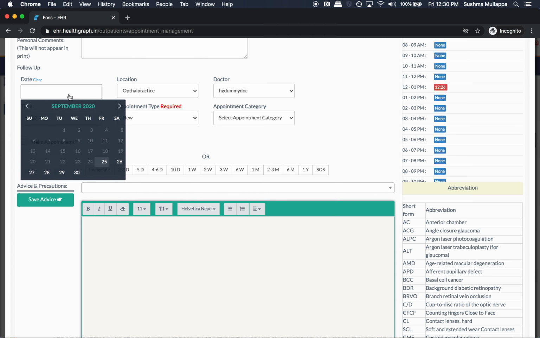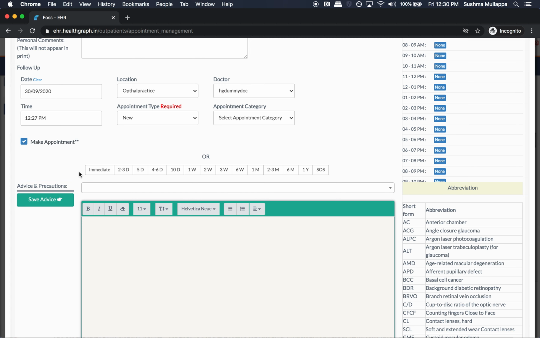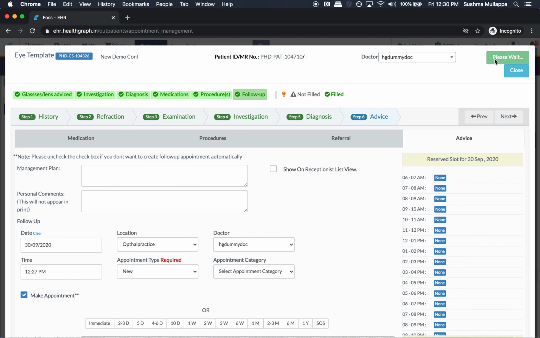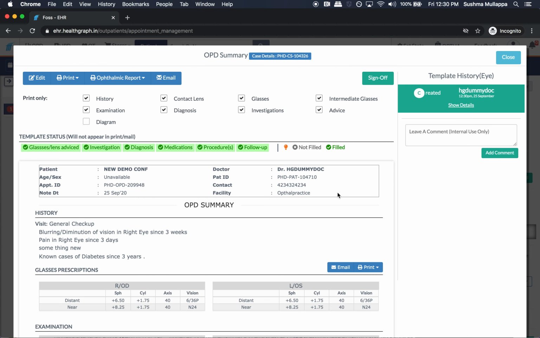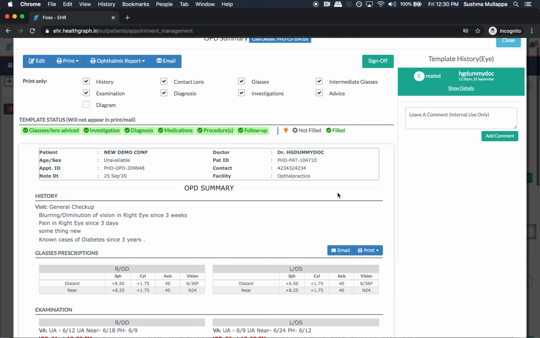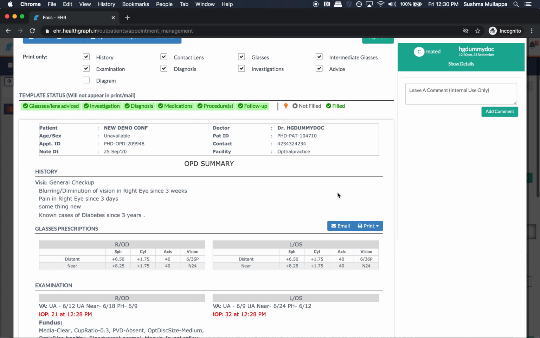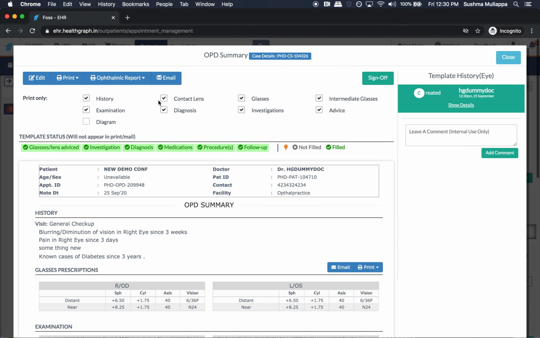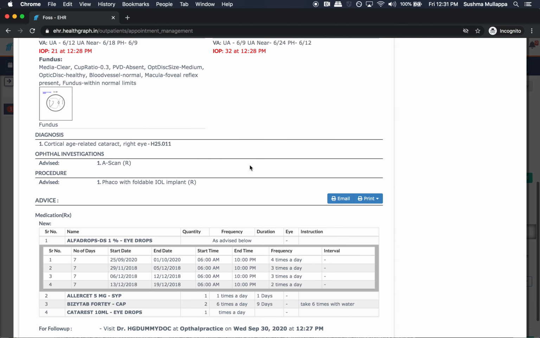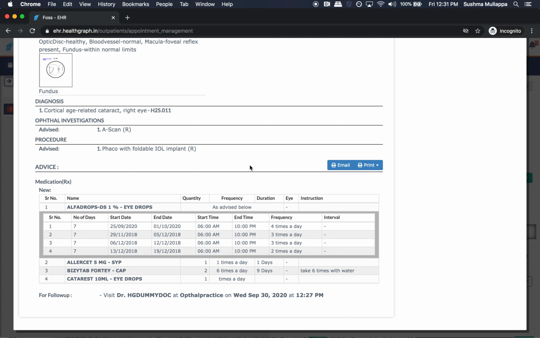If I want the patient to come back after, let's say, 1 week, or on 30th of September, I can do this. And once I click, this document is saved and the patient OPD summary is ready. I can print what I want to print, selective print, and I can give it to the patient.